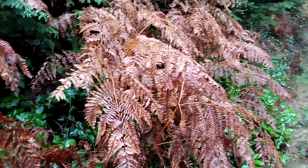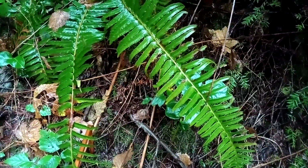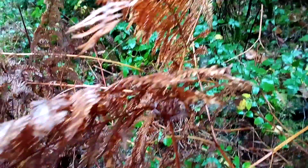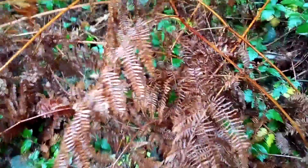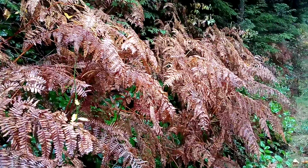But anyway, this is the end of the British Columbia type sword fern. I'm sorry, I don't know the actual genus and species of this, but it is markedly different than the evergreen type fern, which is that one. See, that will stay green throughout the winter, even when it snows and freezes, whereas this one is all brown already. And we had our first frost a couple days ago, and that's finished off the project of turning these ferns brown, lose their leaves, die back, and grow back the next season,